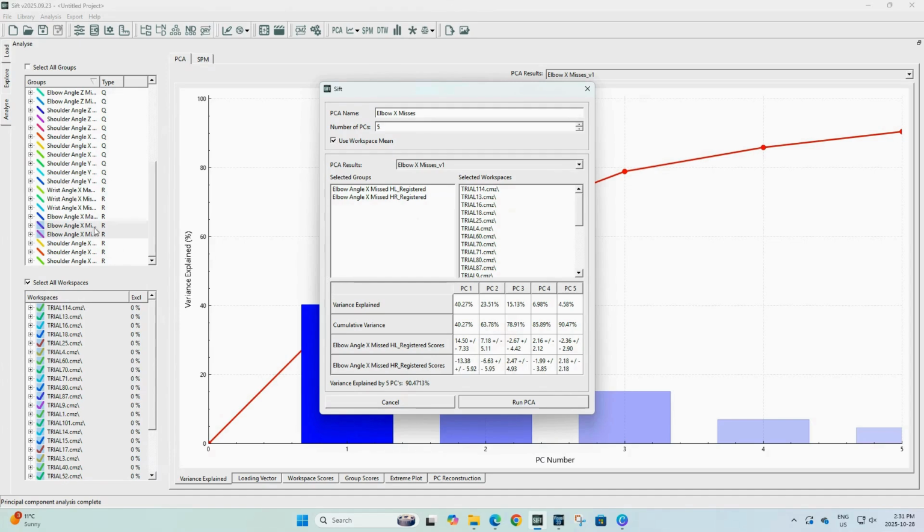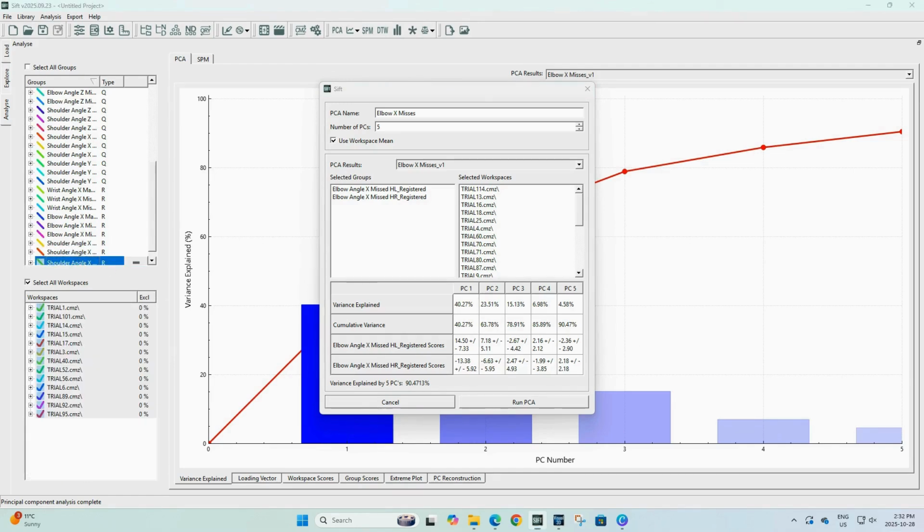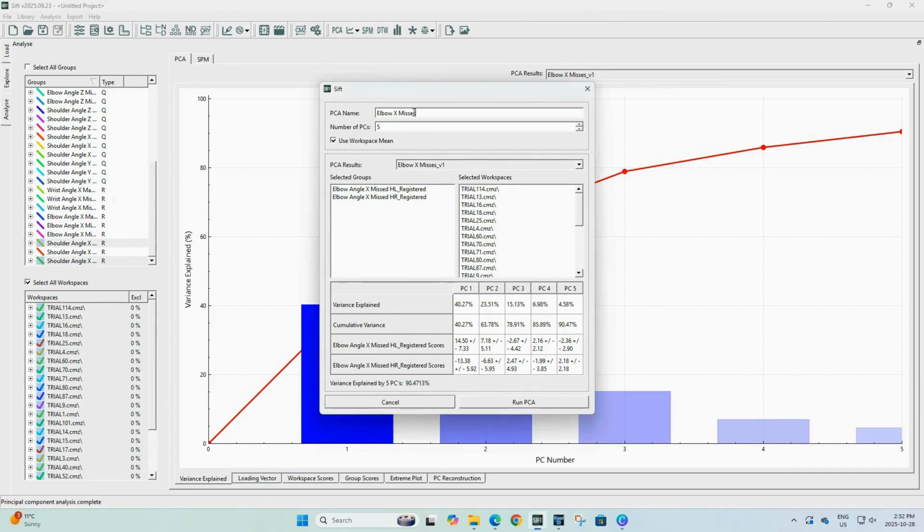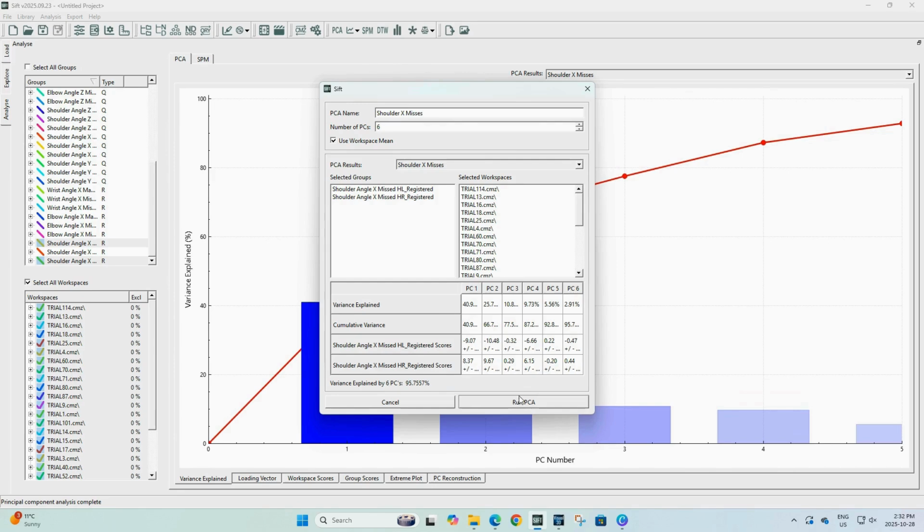PCA works by reducing the number of variables in a dataset while retaining the most important patterns or relationships between the variables. PCA constructs new variables, or PCs, as linear combinations of the original variables. These PCs are ordered by the amount of variance they capture from the data, with PC number 1 capturing the most variance and PC number 5 or 6 capturing the least variance. We can see this in the variance explained plot produced by the PCA. A higher number of PCs required to meet our 90% threshold indicates more complexity in the variance within that test.